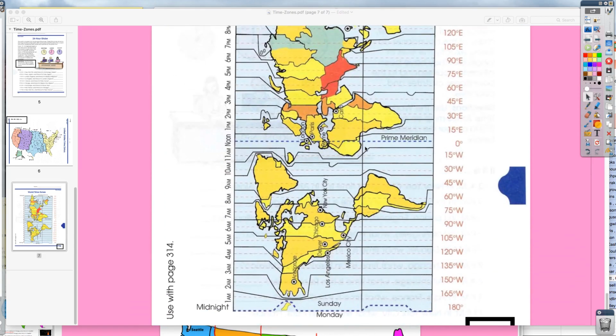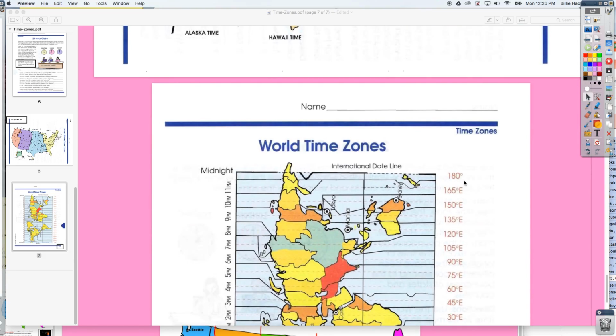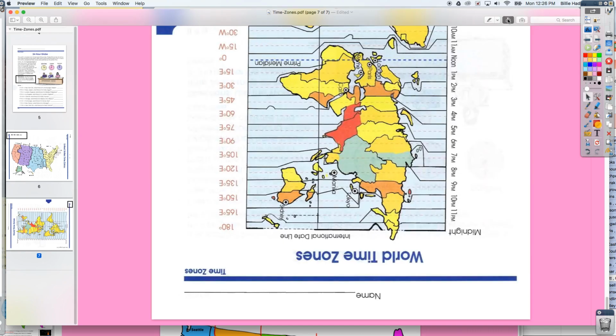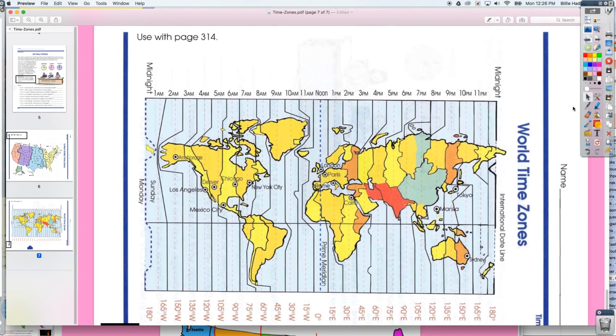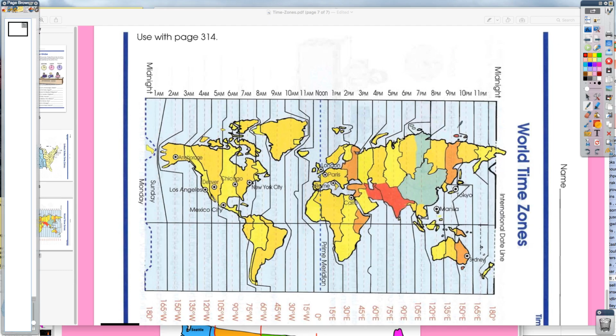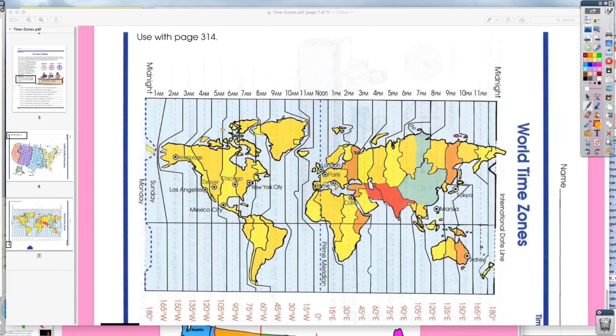So when you are looking at the world, and let me see if I can flip the world. So it's not upside down. 3:30 a.m. in New York, which is right here. So 3:30 a.m. What time is it in Anchorage, Alaska, which is right here? So I'm pretty much just going to look at my zones and count. So if this is 3:30, remember when I go west, I count down. So this would be 2:30,